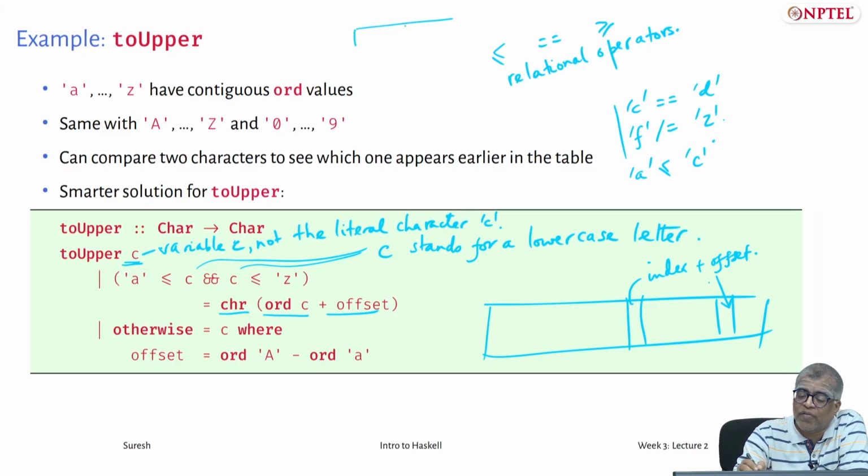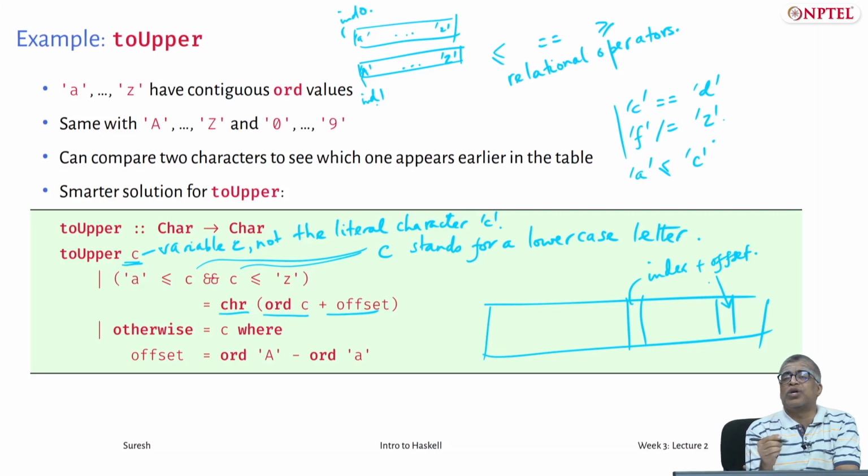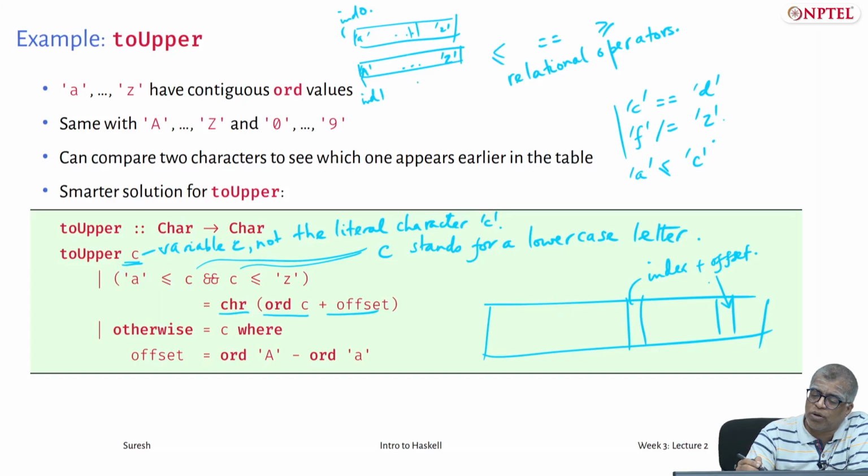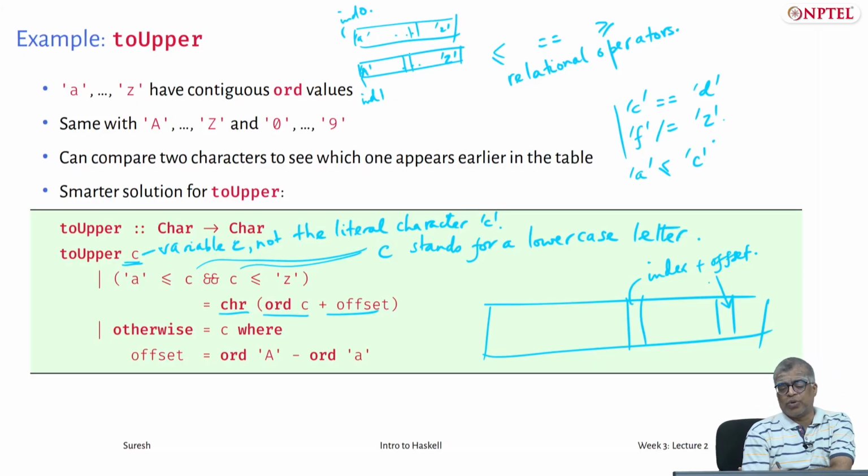Okay. So somewhere you have small a till small z. Somewhere you have capital A till capital Z. You look at the index of this, some int1, and you look at this index, this is int0. Int1 minus int0 tells you how much you have to offset. So if you have the character f, let us say, its index is so much after int0. So you should find the character corresponding to the index which is the exact same offset after int1. Okay. So this is essentially what this program is doing. You could do this.